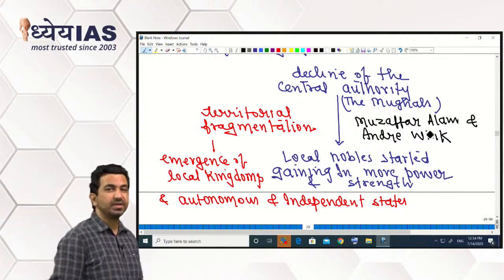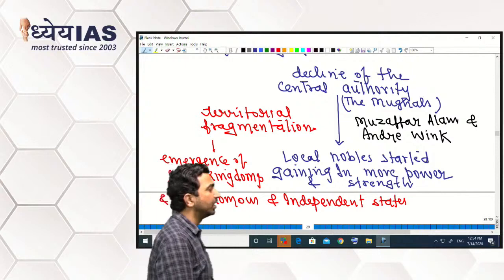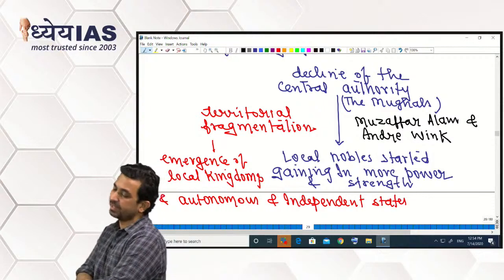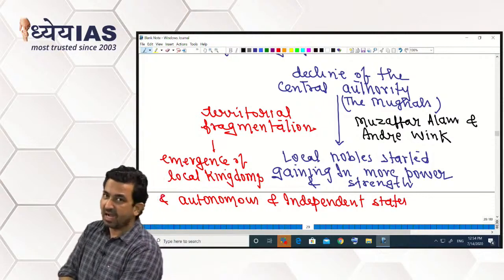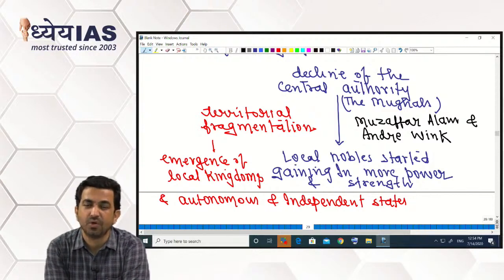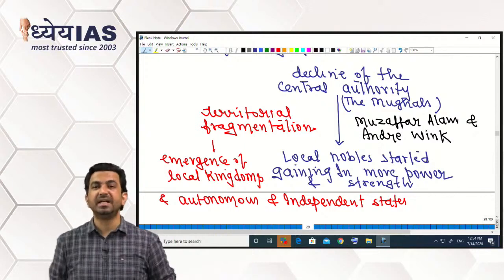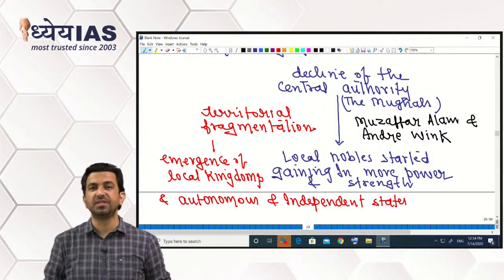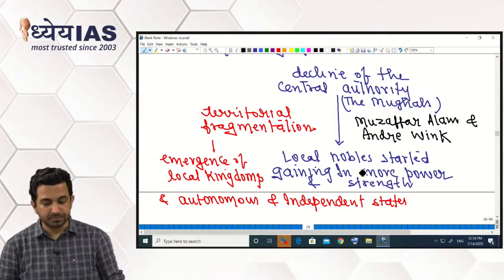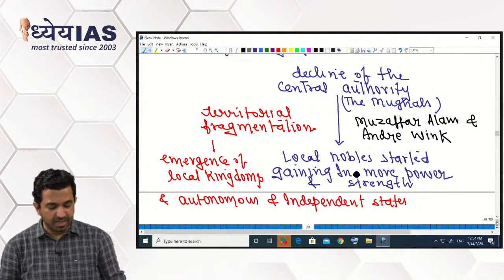While studying history optional, sometimes you have to mention names of researchers or historians like Muzaffar Alam and Andre Wink. But while writing answers for general studies, you are not supposed to mention names of researchers or historians. In the GS paper there is no need to mention names, but it is advised to mention names of historians while writing answers to history optional questions. Okay. So Muzaffar Alam and Andre Wink in their studies